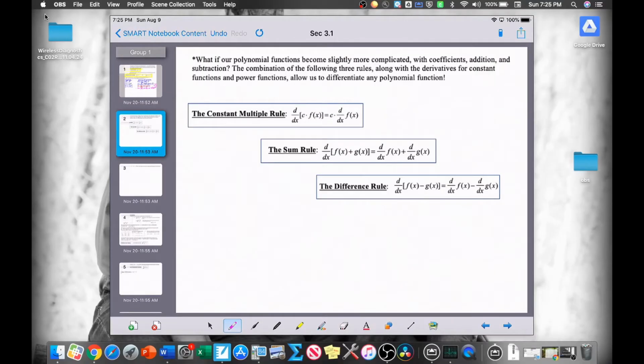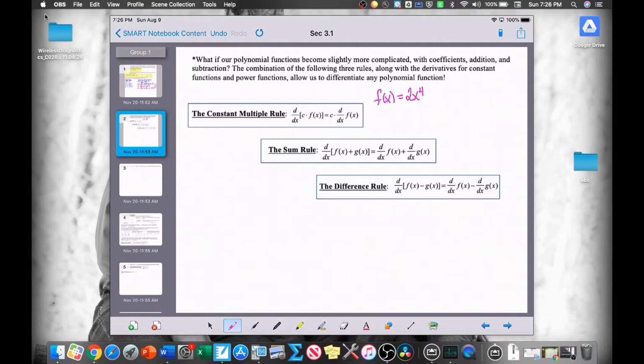The problem that we just did was just a monomial. It was a single term. Well, what if we've got more things going on? What if we have coefficients in front of our terms? I already kind of addressed that. When you bring the exponent down in front, if there's a coefficient, you just have to multiply. So the constant multiple rule addresses that. It says that the derivative of some constant times a function is equal to the constant times the derivative of the function. Example, if we have f of x equals 2x to the fourth,